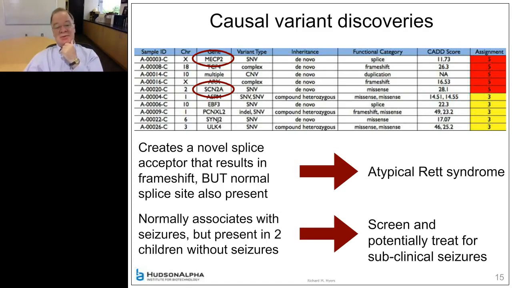Here's another example where we had 2 unrelated individuals here in Huntsville who had mild intellectual delay as well, no seizures, but when their genome was sequenced, or their exome, mutations were found, and clearly they had mutations in a gene that in others are known to cause seizures, in fact, usually really severe seizures. So these children were then analyzed by EEG, and sure enough, were just subclinical for having seizures, and are now being treated to help prevent the seizures from ever having an onset and the consequent possible brain damage that comes